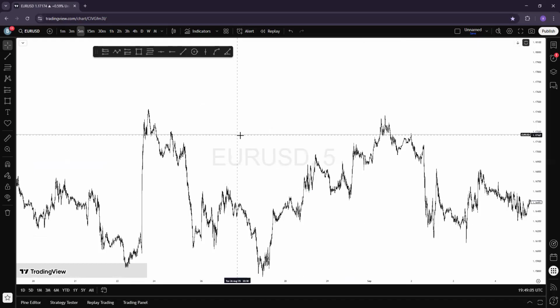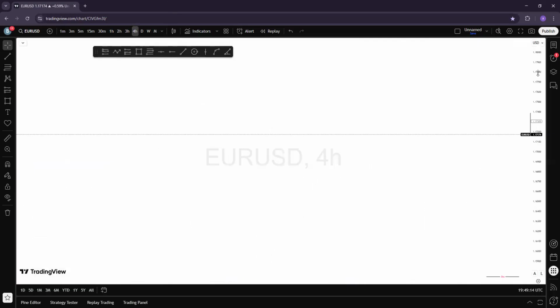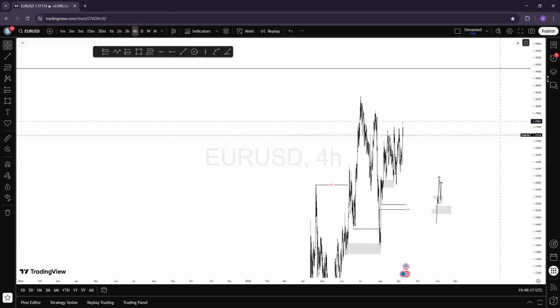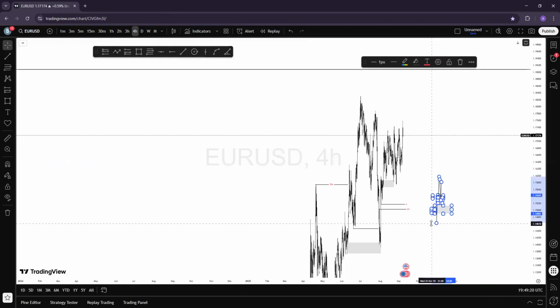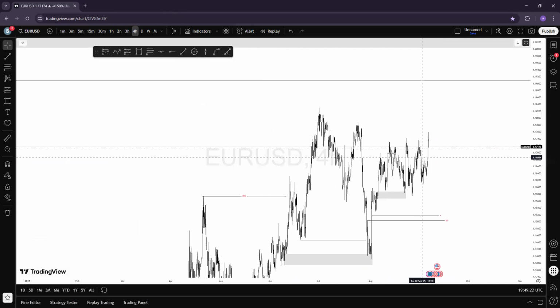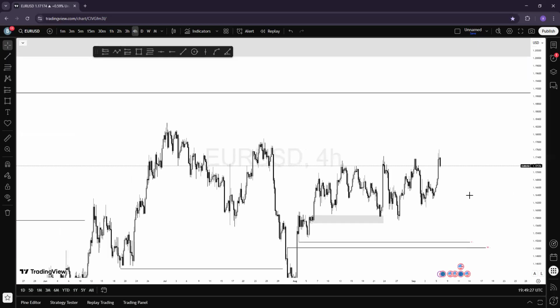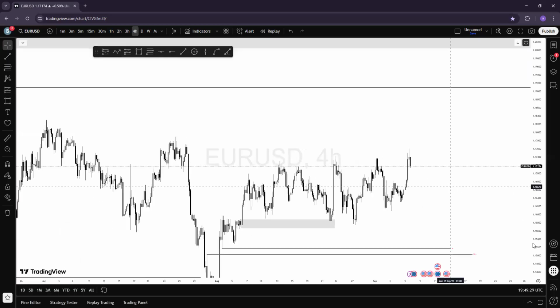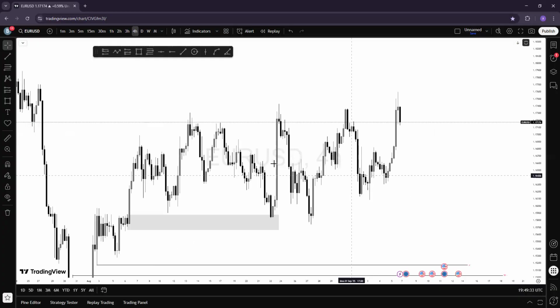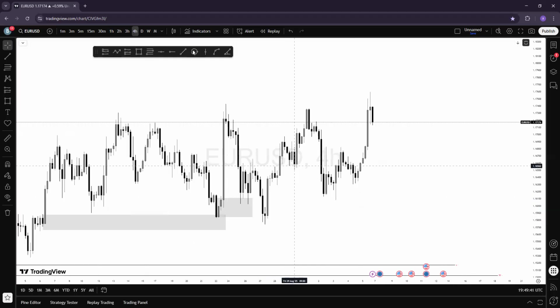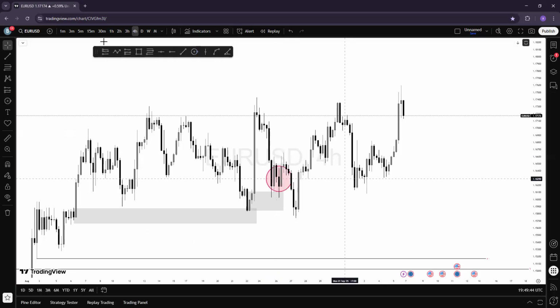So let's dive into the chart to see more about the complex part of the structure, how to mark the POI and everything like that. Like in the last video I dropped on my YouTube channel, I stopped at somewhere around there. I told you guys that we are bullish on Euro USD and then we all can see as Euro USD is booming to the upside. I explained something around this guy in my last video. Remember, I said that market is supposed to buy here, but market only came here to manipulate a lot of people. And this is the manipulation point.